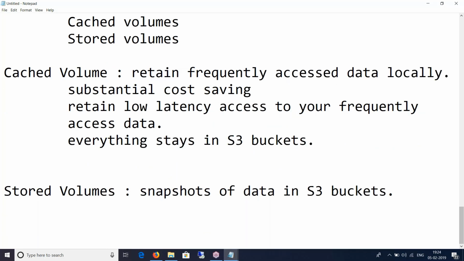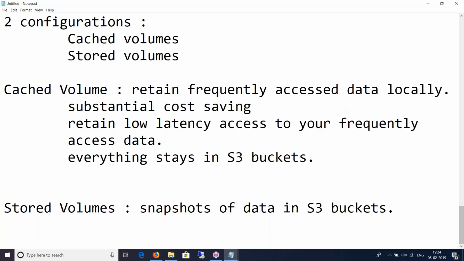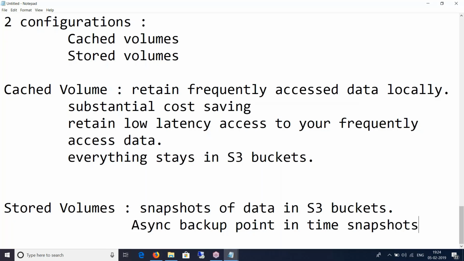So you configure your storage gateway as a stored volume and store everything, data locally, on your premise, and then asynchronously, it's important, the backup point-in-time snapshots of data will be transferred to S3 bucket.